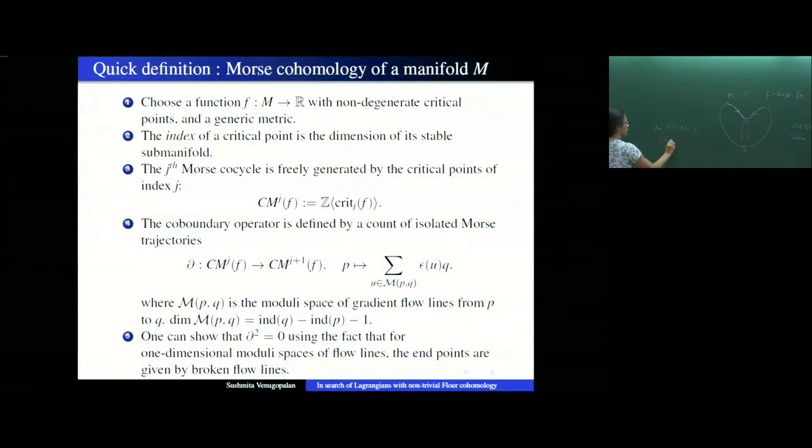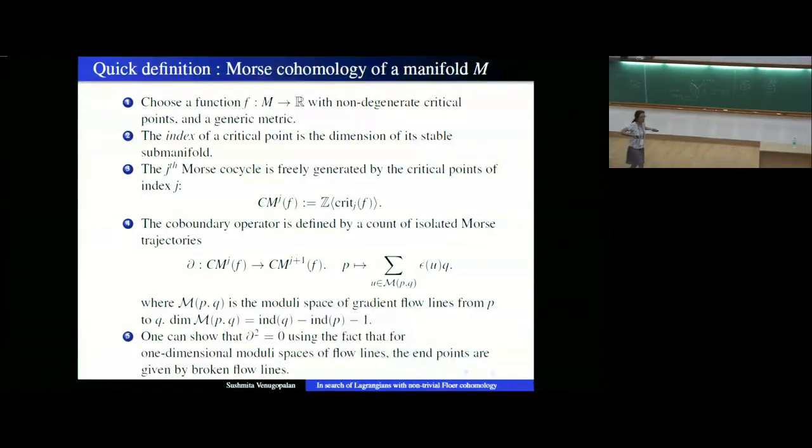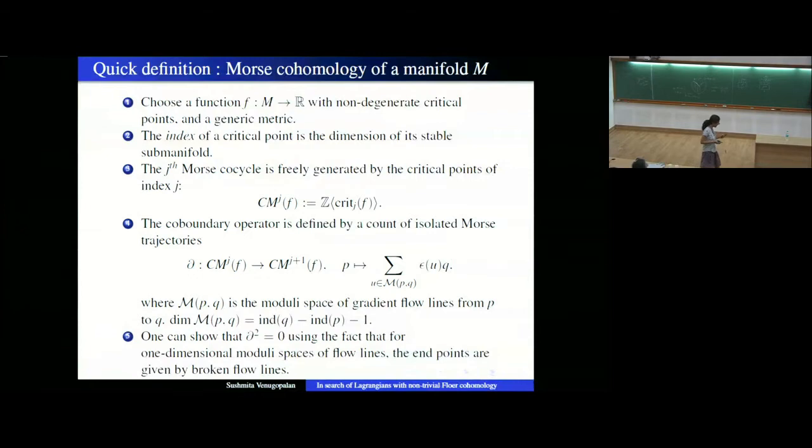And if you look at the boundary of this, so it's going to be all of these. So it's a one-dimensional moduli space. So the boundary of this is 2 broken flow lines going from A to B to D. So this is one, and the back one is another. So you have 2 broken flow lines, which are the endpoints. And if you count all these endpoints with sign, they should add up to 0 because they are endpoints of line segments. So that's why you get the boundary squares to 0.